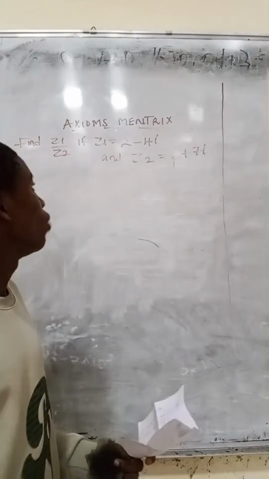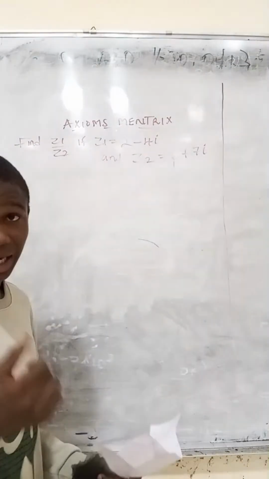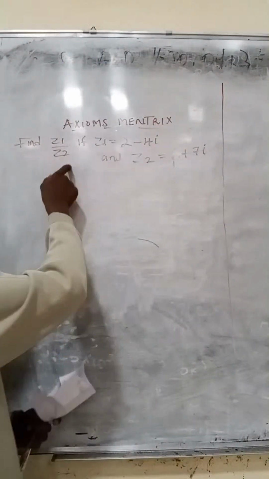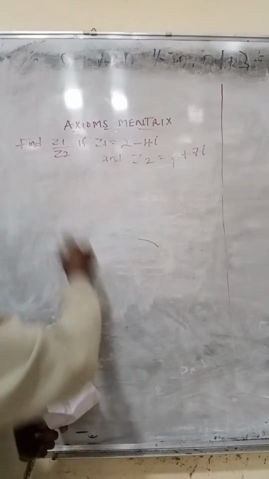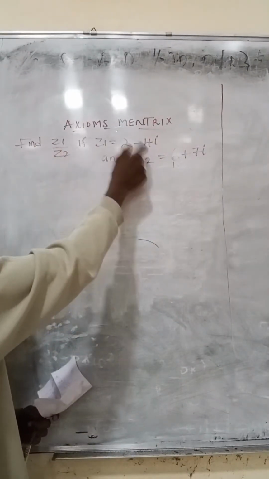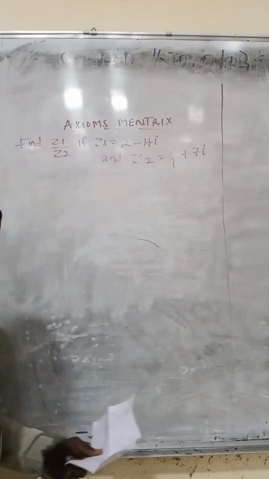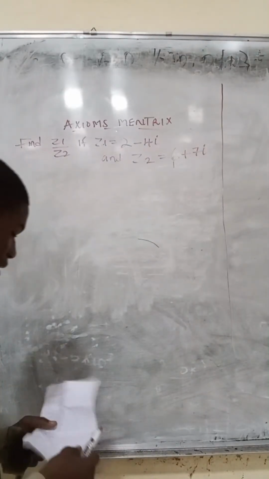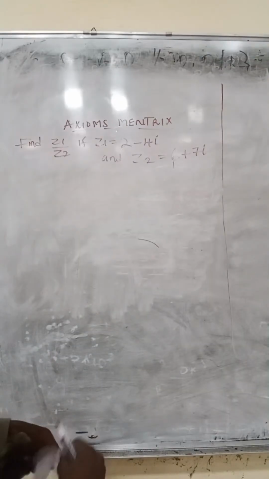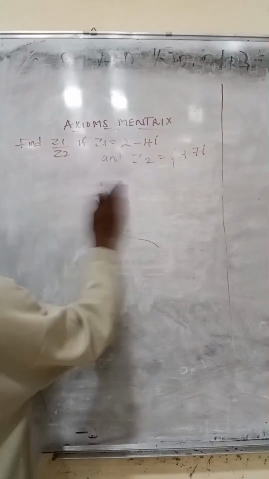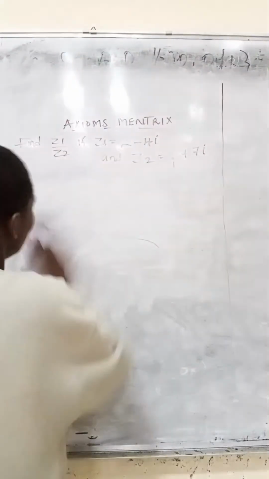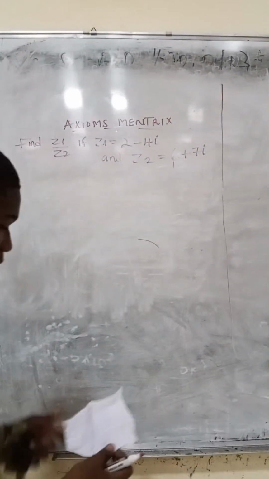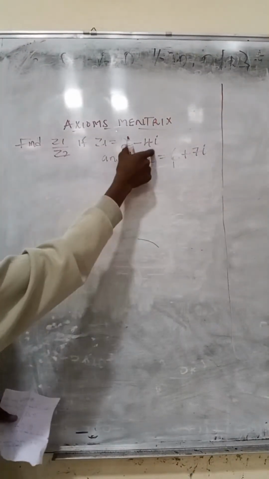So we are going to be solving this because what they are saying is that we have our Z1 and our Z2 given. They are trying to tell us that we should divide this Z1 by this Z2. You understand? So what we are going to be doing here is that from this point, let me make this place lighter. So from this place, we are going to bring in our Z1, which is